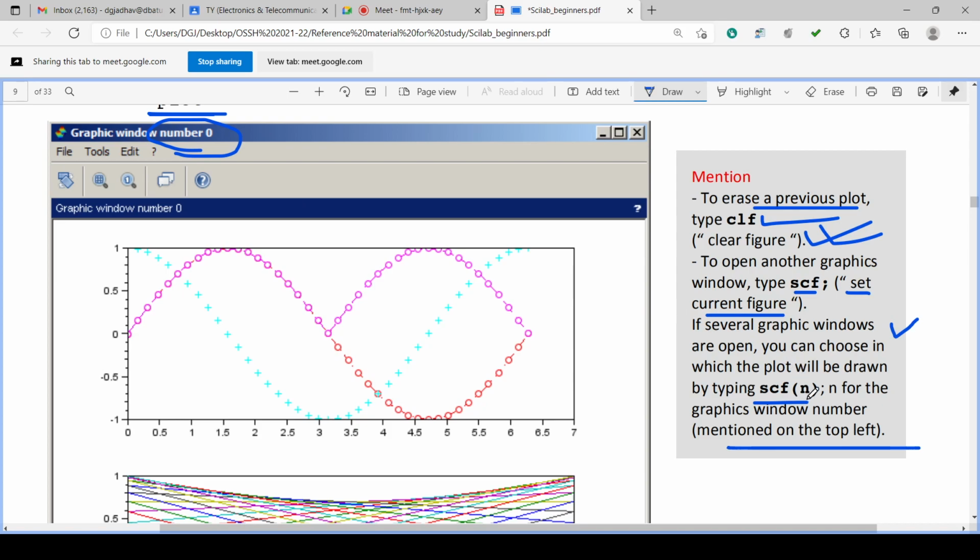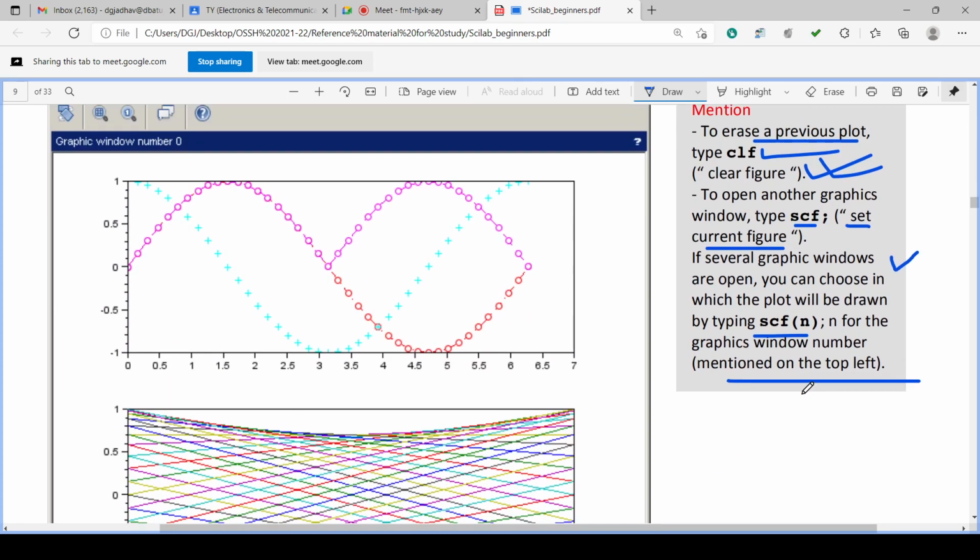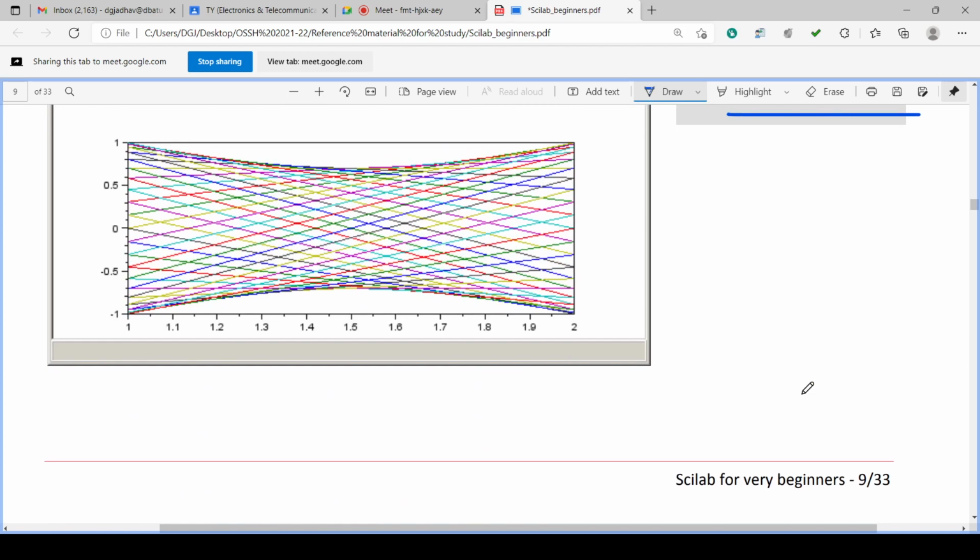So SCF N chooses the particular figure to draw the graph. CLF is clear figure, SCF is set current figure.